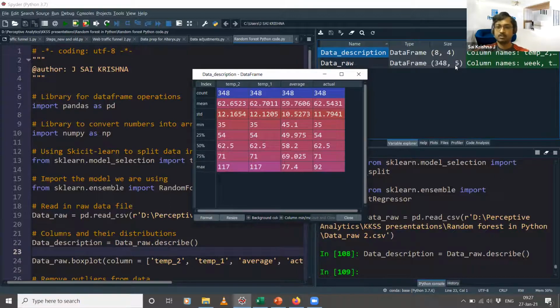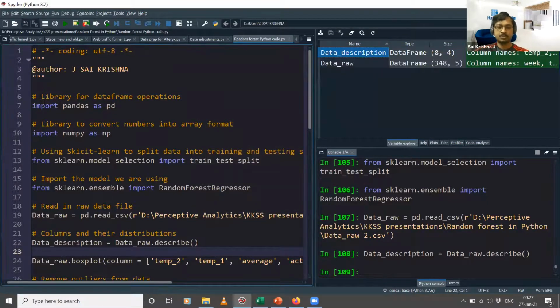The distribution will not be displayed for categorical or text data, but for the numerical columns, this will be shown. For each of the numerical columns, count is nothing but the number of rows, or the number of non-null values to be precise, and then average, standard deviation, minimum, 25th percentile, 50th percentile, 75th percentile, and the maximum value of that column.